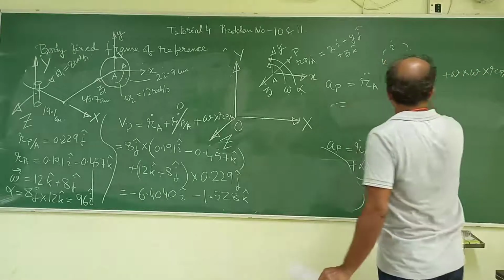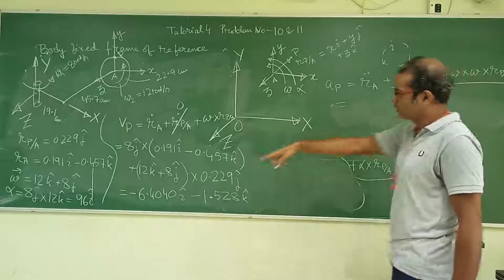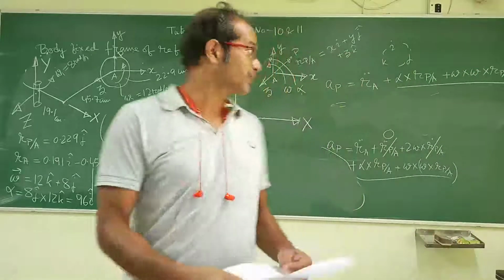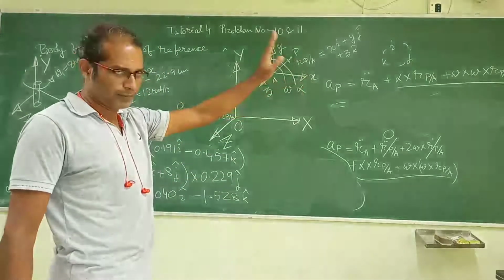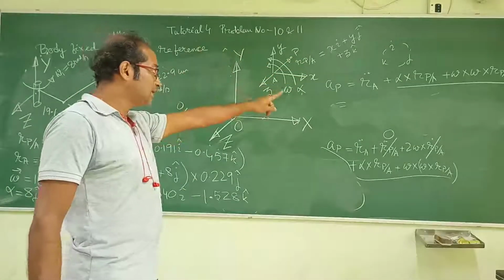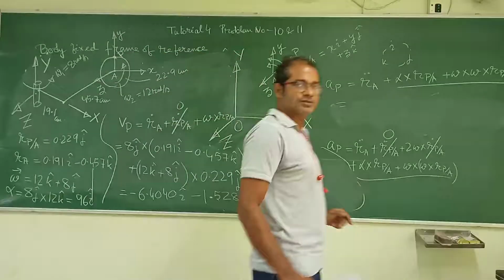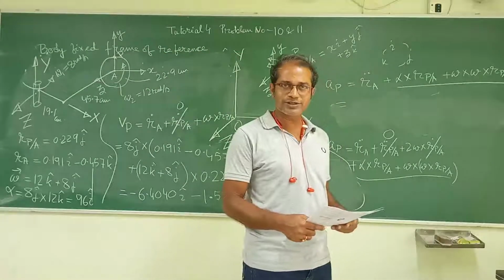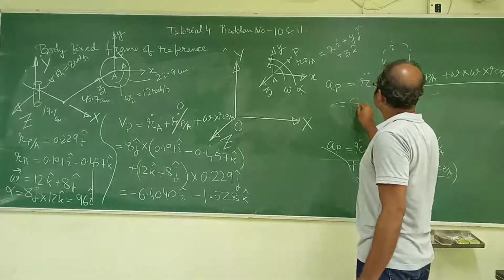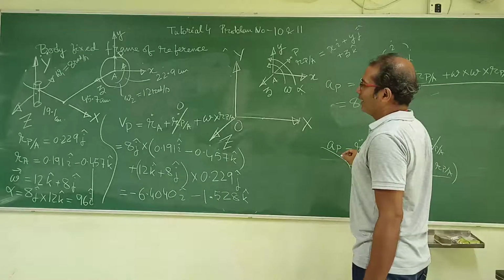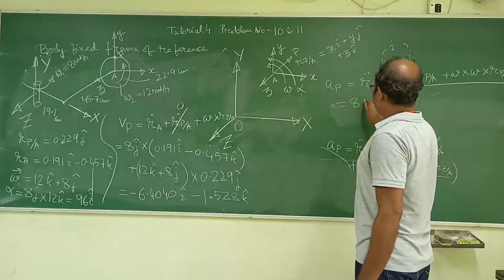You understand that this part is already over there, and we will just use the multiplication. But let's come to R_A double dot. What is going to be the R_A double dot? R_A double dot is going to be 8J